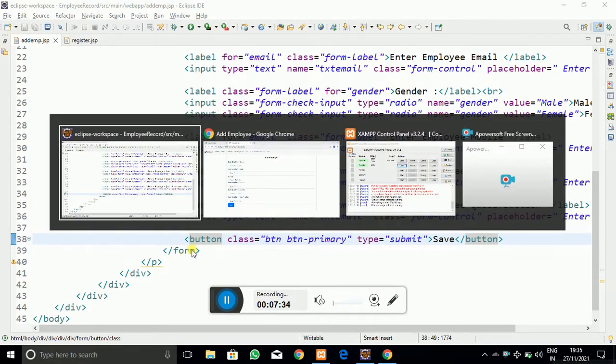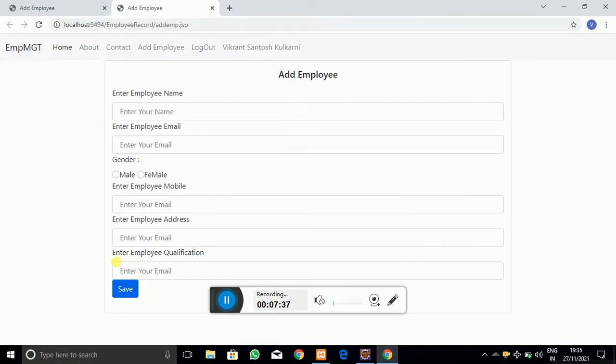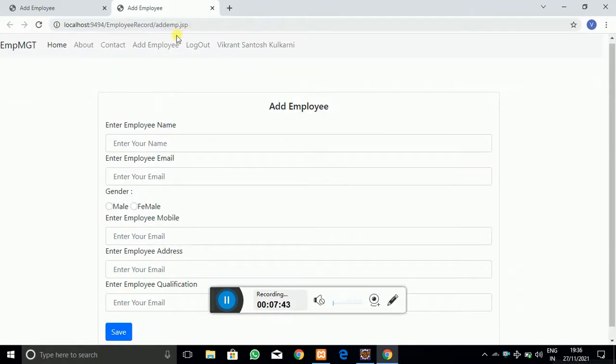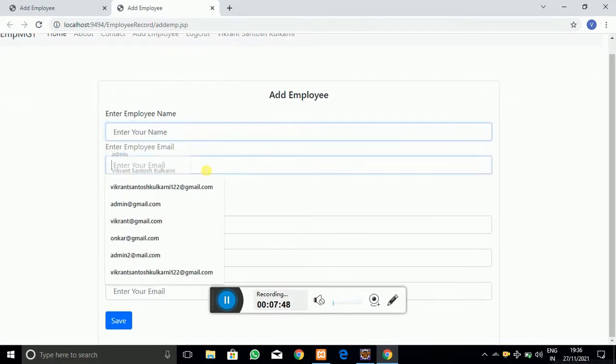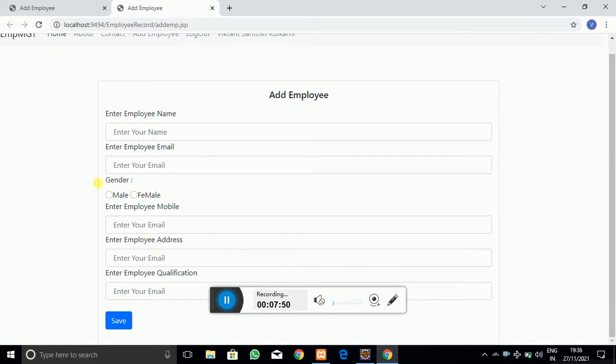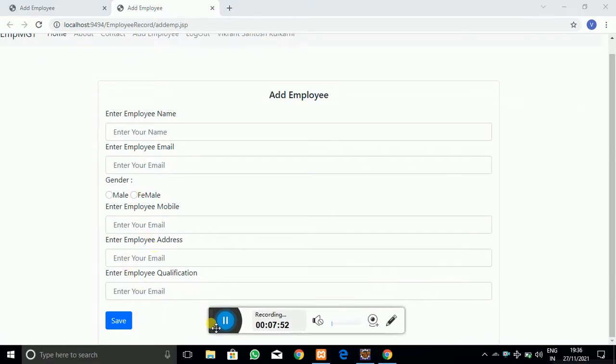So we have created the add employee form, only the design of the add employee form we have created. Now we have to create the logic behind this, that is, we have to create the servlet which adds the data to the database, that is, the employee table.